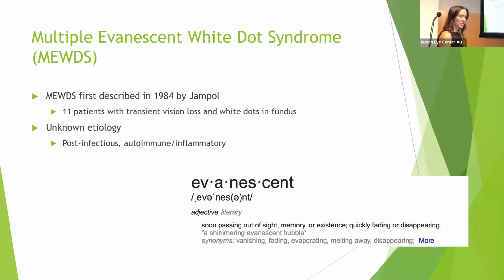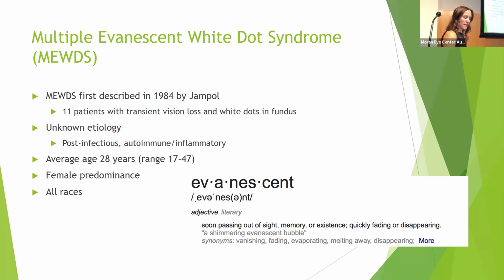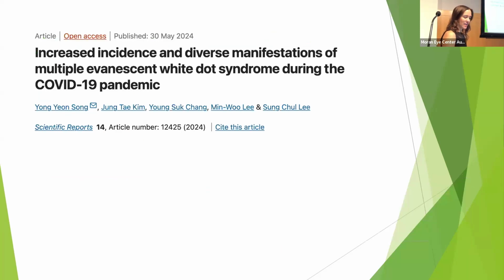Vitale mentioned, an exogenous agent may trigger an inflammatory response, as seen in many other white dot syndromes and disorders. And there's an increased prevalence of systemic autoimmune diseases in patients with white dot syndromes and their first-degree family members, suggesting some type of inherited immune dysregulation. An interesting side note,